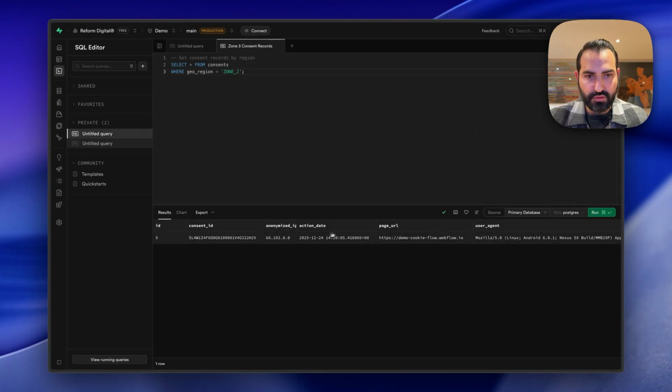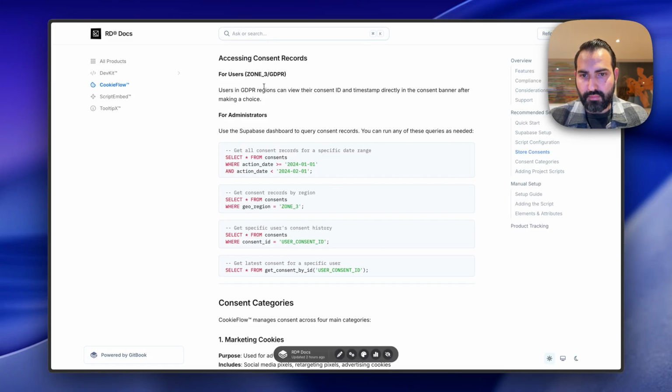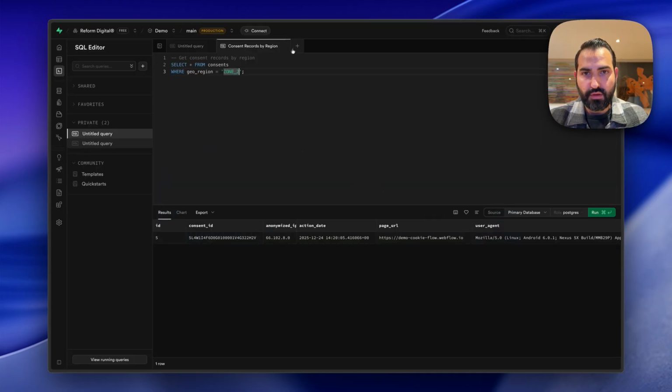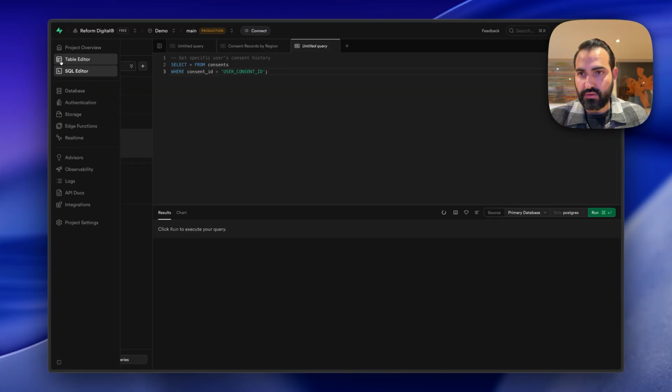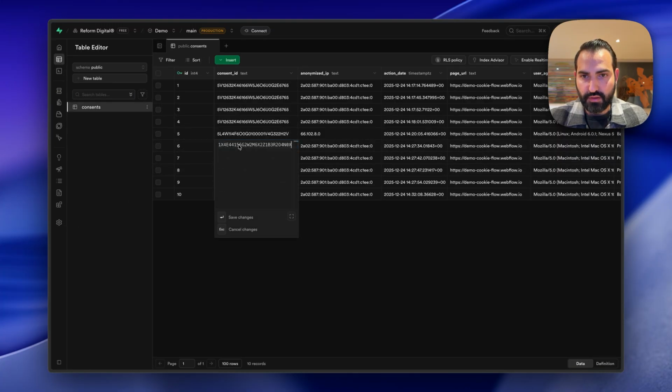Let's check zone 2. There was one from zone 2 as well. And then if we head back here, we have get a specific user's consent history. So that's going to grab all of the consents from a single user. Let's grab an example here